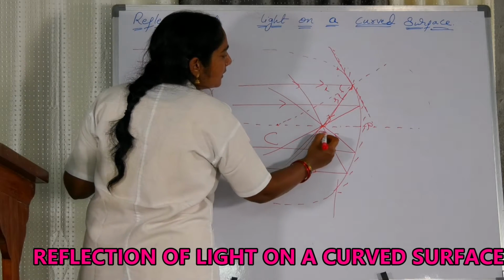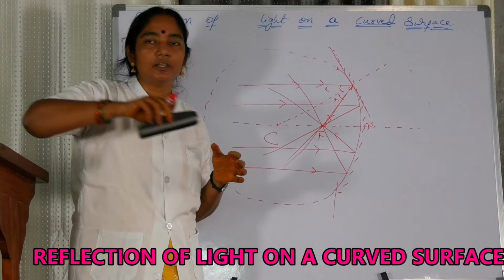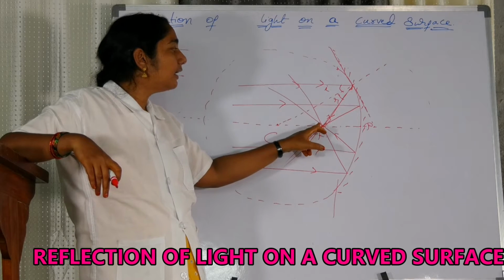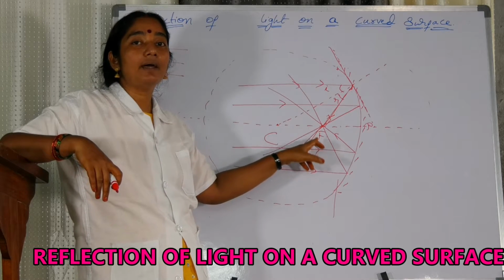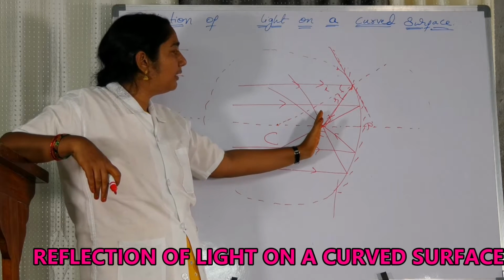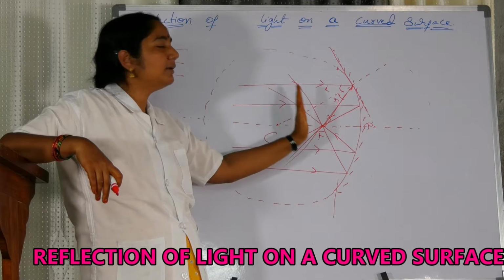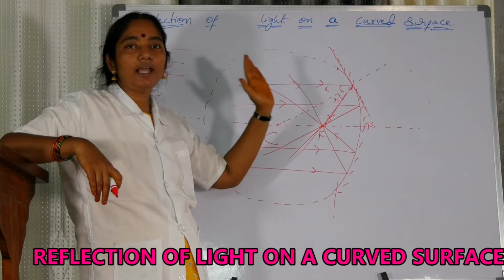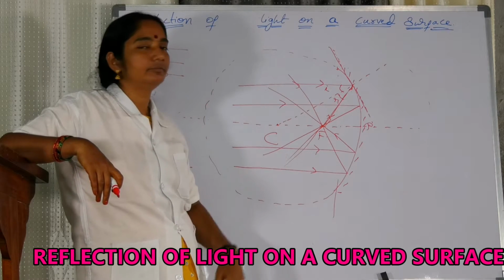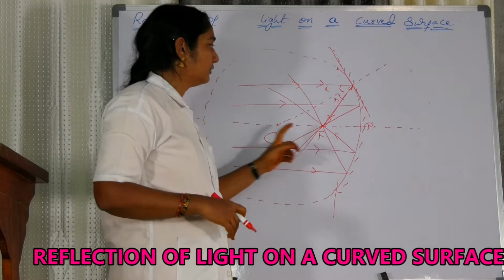That point is called the principal focus. At the point of principal focus, these rays are really converging. That is not apparent, but that is really happening. So at this particular point, when you put a screen, the image can be caught on the screen. To catch the image on the screen, you have to put your screen at F. So here, this is called the principal focus.